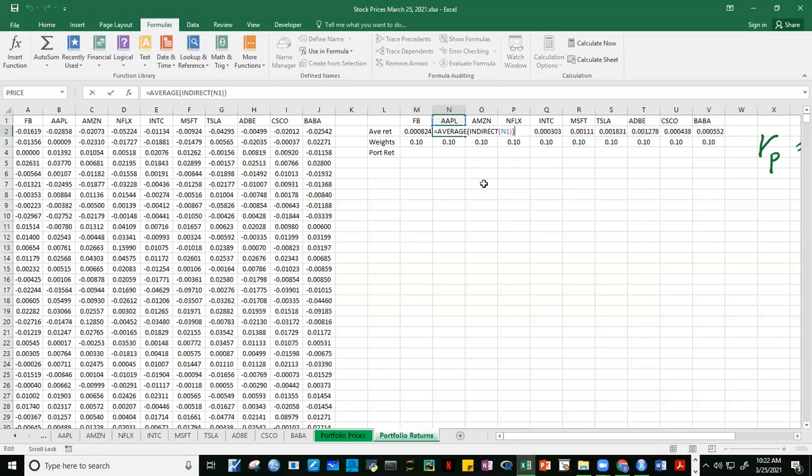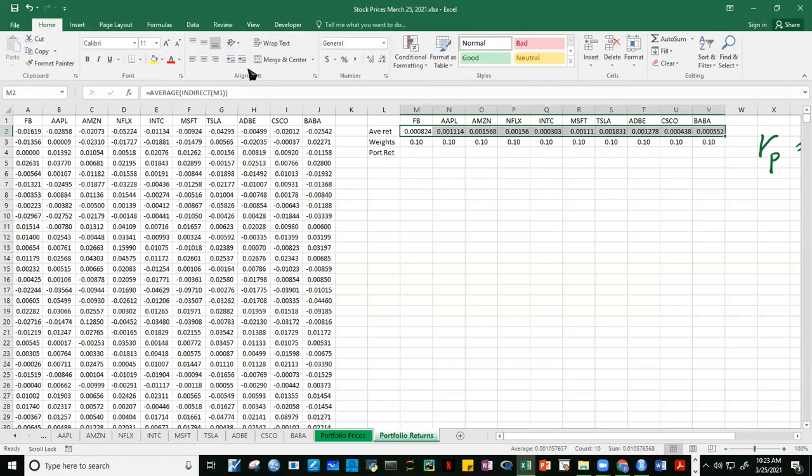Okay. So, ang formula natin, average ng indirect ni N1, ibig sabihin, babasahin niya itong text na to as to what this object refers to, which is yung returns natin na to. Okay, so we got the answer, no? Isang formula lang. Okay, clear so far? Yes, sir. Okay. So with that, makukompute natin yung portfolio returns natin. So ang portfolio returns natin is simply